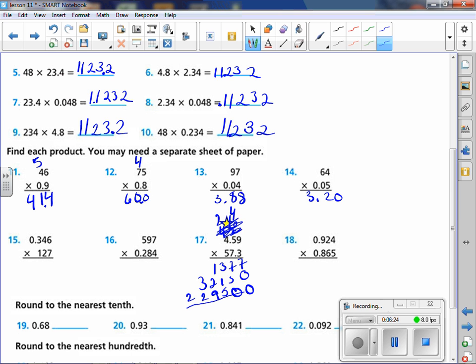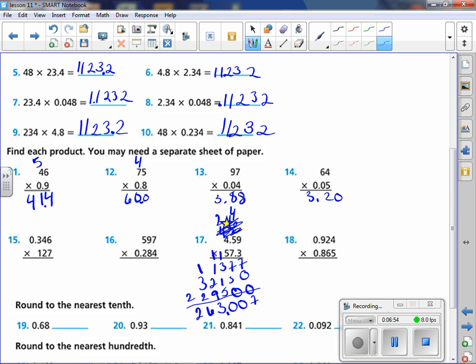And then add those digits up. So I'm going to get my 7. 3 and 7 is 10. 3, 4, 5, and 5 is 10. 9 and 1 is 10, and 2 and 1 is 3, so 13. Carry my 1. 3 and 3 is 6, and bring my 2 down. And there are 3 digits behind the decimal in the factor, so 3 digits behind the decimal in the product,